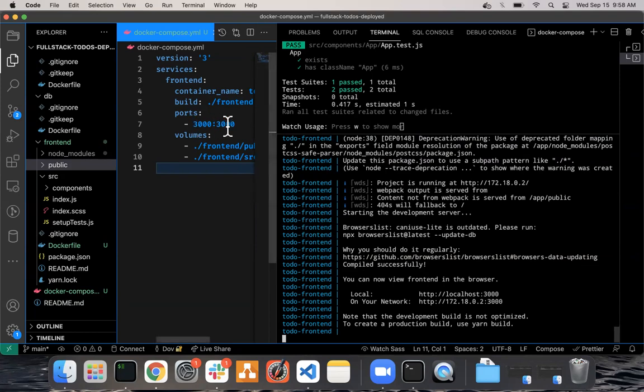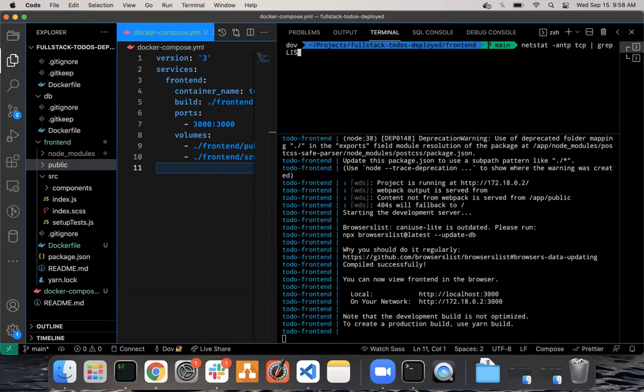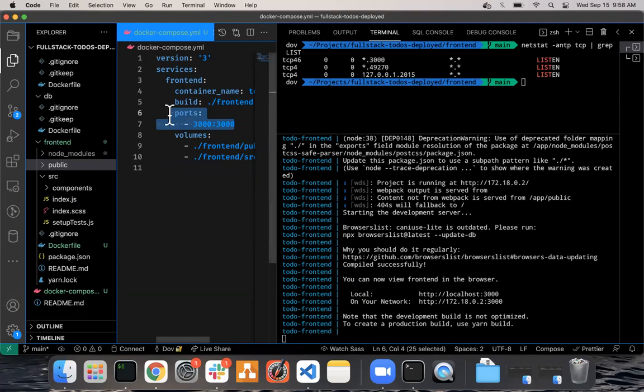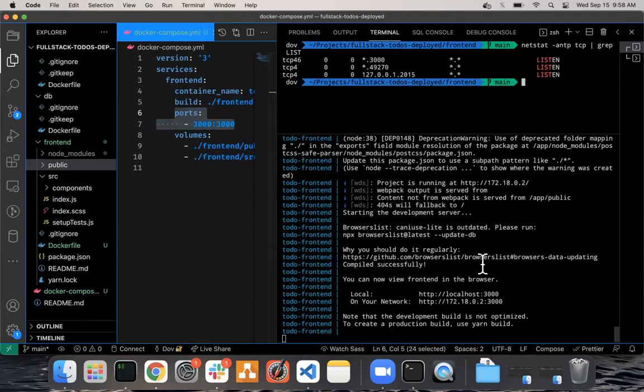And because I did this here, this ports 3000 to 3000, I should have a listening port at 3000 locally. If I close this tests, I can say netstat -antp tcp grep listen. And you can see here that we are actually listening on port 3000. And the reason is this line here. Without this, we would not be able to hear anything on 3000. So because that's working, I should simply be able to visit that port